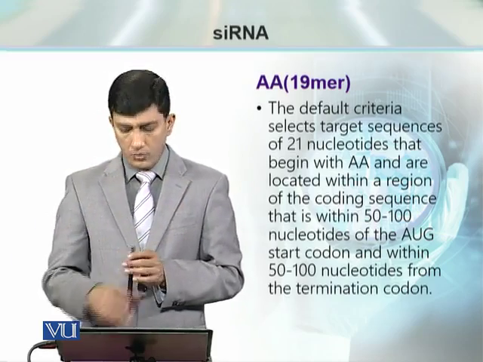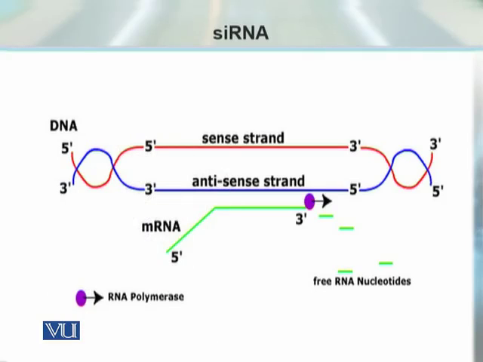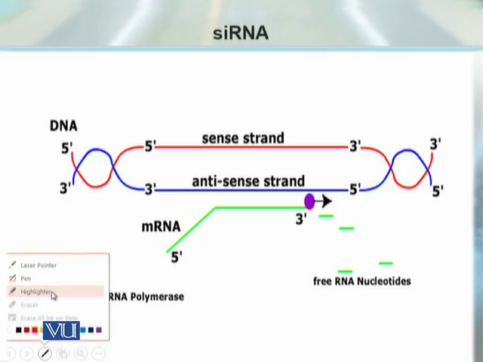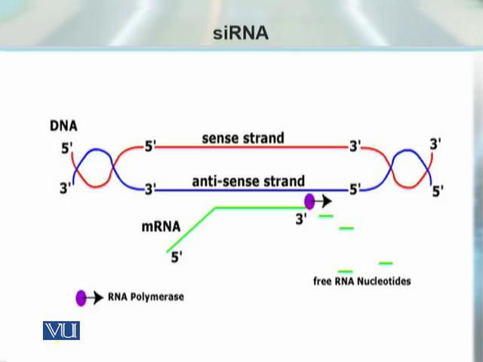nucleotides before that one. When we talk about double-stranded DNA, one strand is known as a sense strand and the second one is known as an antisense strand. Antisense strand is the one which is used for transcription of mRNA, whereas the other strand is known as the sense strand. Antisense strand has complementary sequence to the messenger RNA and sense strand has the similar sequence to the messenger RNA. इसी principle को अगर हम आगे लेके चलें,